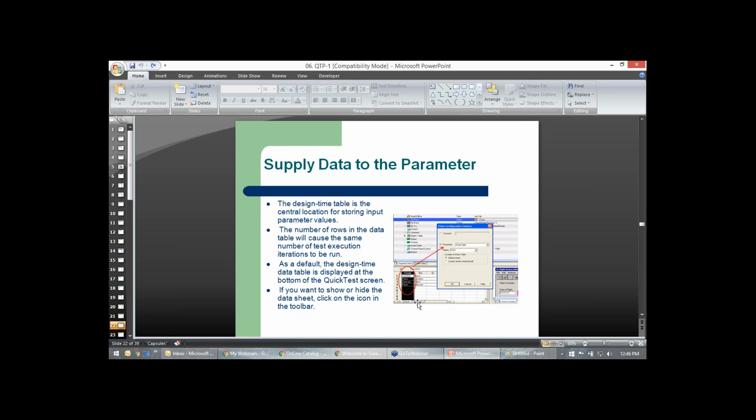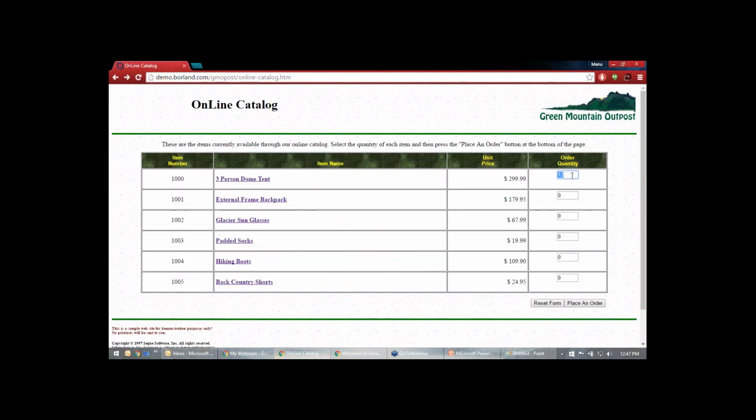So that's the reason you use it, because this cannot be done manually. You can test only once or twice. Suppose you need, let's say, 30 values to be checked. Let's say we are verifying order quantity 1.